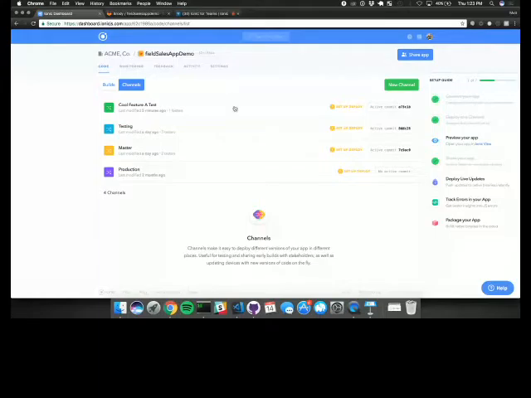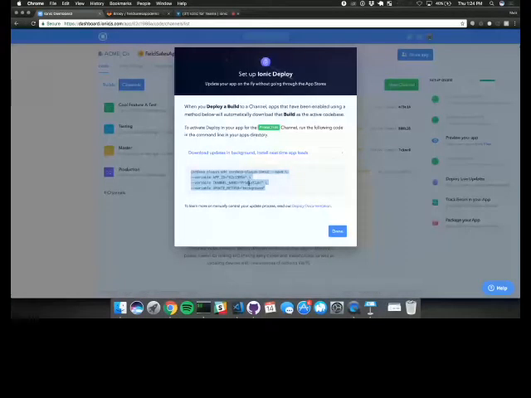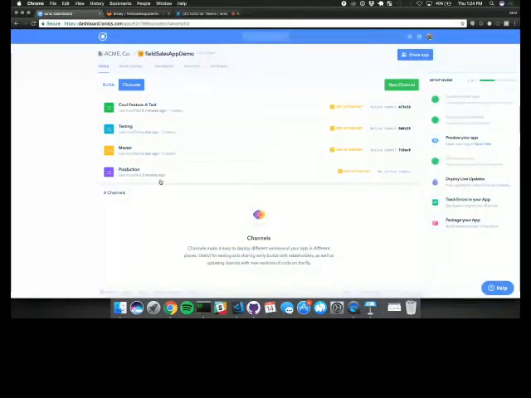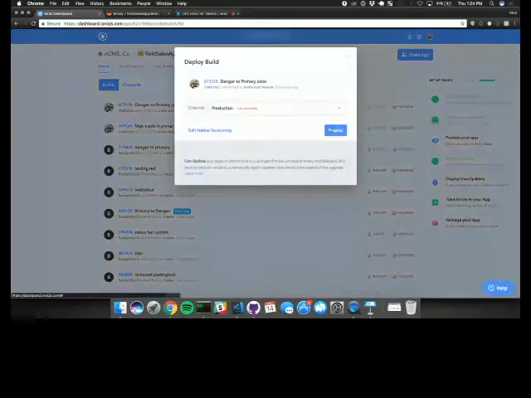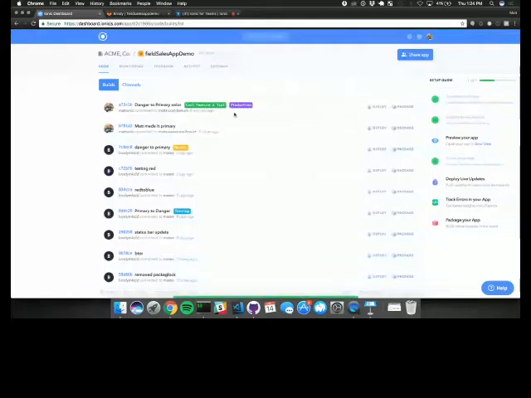You can do that by using these same channels. So here we've got cool feature A, testing, master, and production would be the active version of our code, right? You can set up your native binary with Ionic Deploy, install this Cordova plugin, and it's going to pull from my production channel in the background and get me any new app updates. So if I have a native binary pulling in with Deploy from this production channel, all I need to do to get a new update to that user is click deploy, deploy to production, hit deploy there, and now we'll see that's active in my production channel. It would have automatically updated my end user's device without going through the App Store as well.